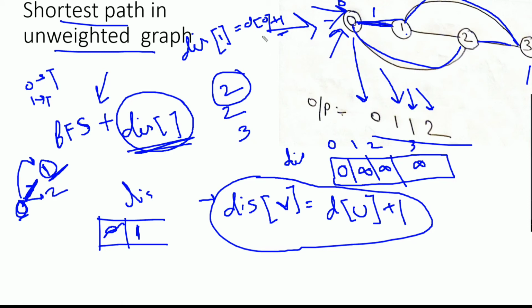If we see the distance array, the distance of vertex 0 from the source is 0. So 0 plus 1 is 1. This distance array will store the distance between the source vertex and the adjacent vertex. So the distance of 1 will be nothing but 1. I'll change the value from maximum to 1. It indicates that from the source to the adjacent vertex 1, the distance is 1 unit. Now next, the adjacent of 0 is 2.